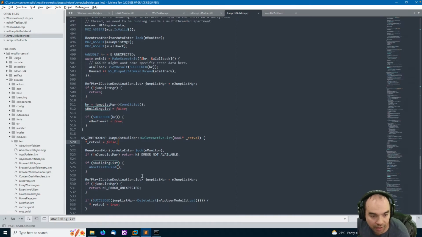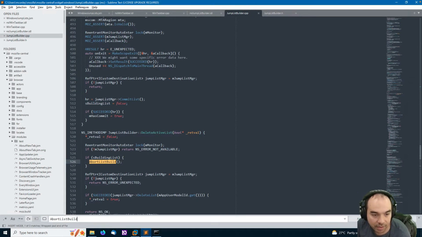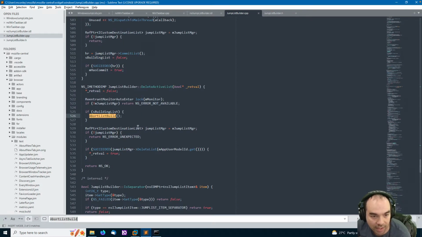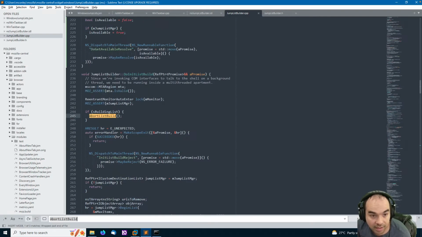Look at what's happening here in abort list build, where the return values are being ignored here and here. Really, what you want to do is, if the promise is rejected, then you want to reject this promise, you'd think.